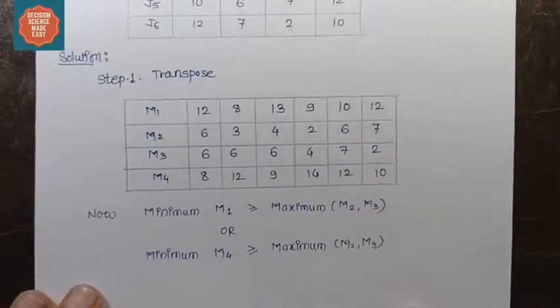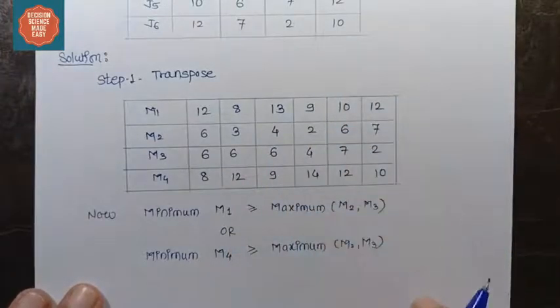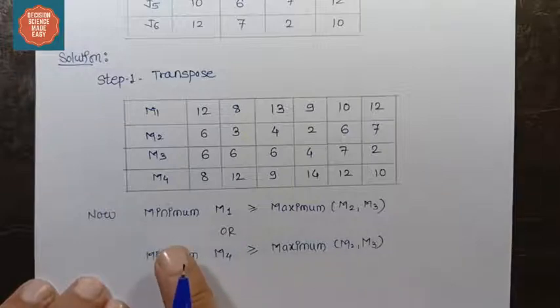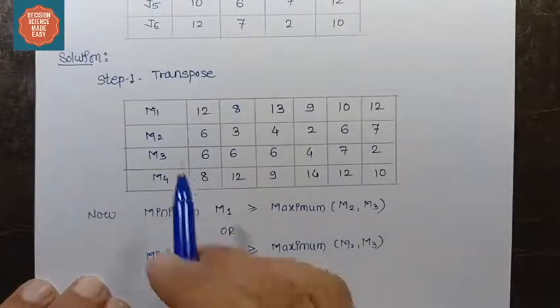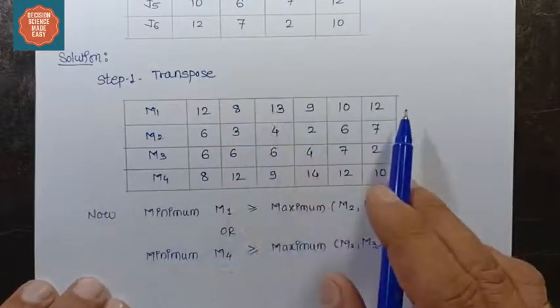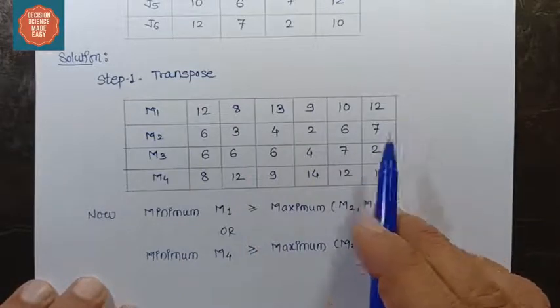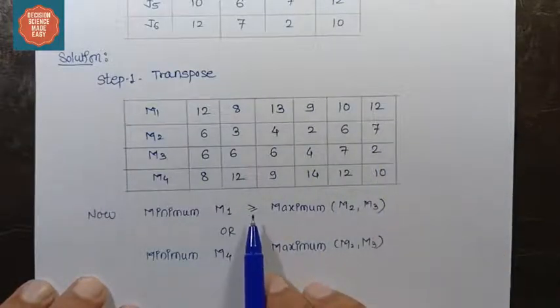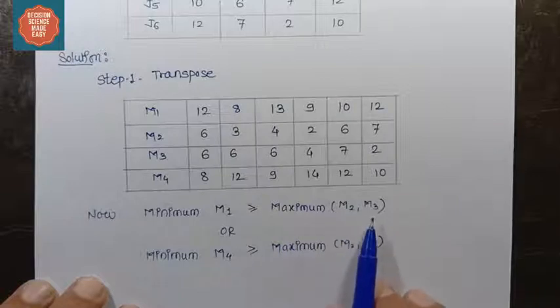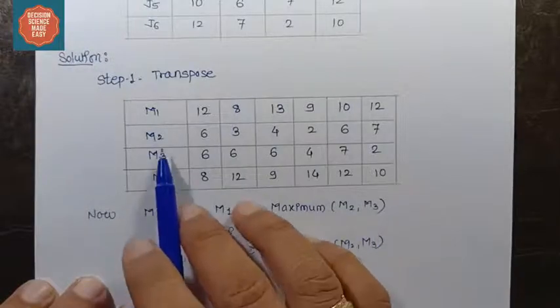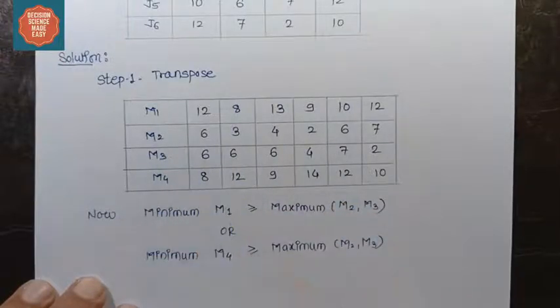Now the second step is we need to check whether the sequence is correct or wrong. That is nothing but Johnson's rule. So what it says is, the minimum of machine M1, all the elements should be greater than or equal to the maximum of M2 plus M3. This is M2 and this is M3. So let me check whether this condition is followed or satisfied.